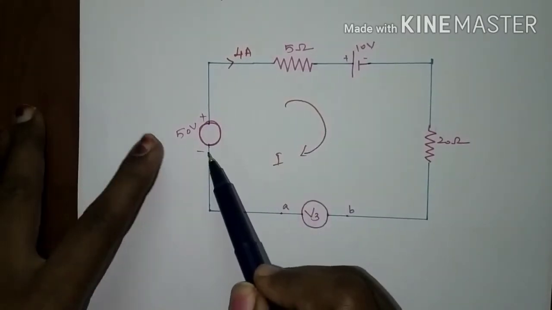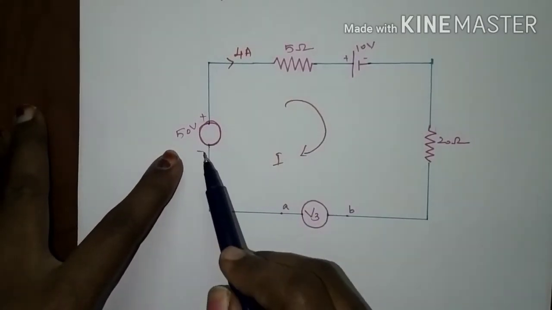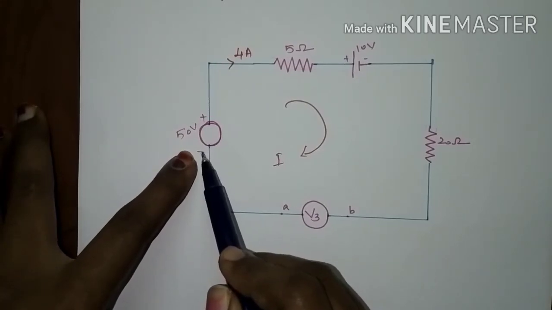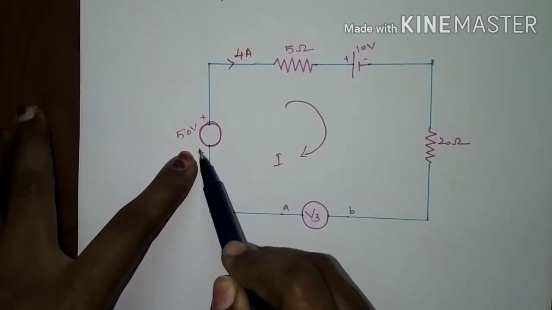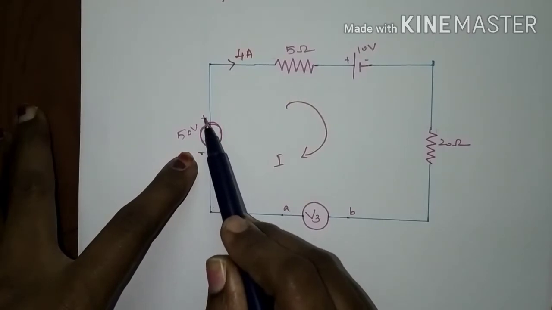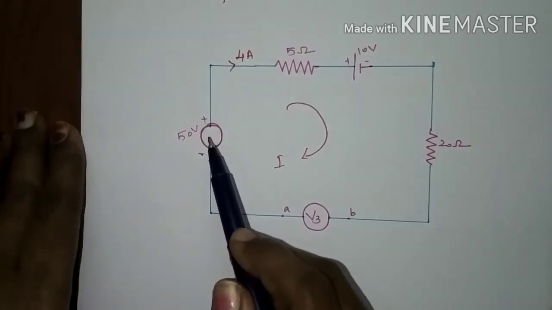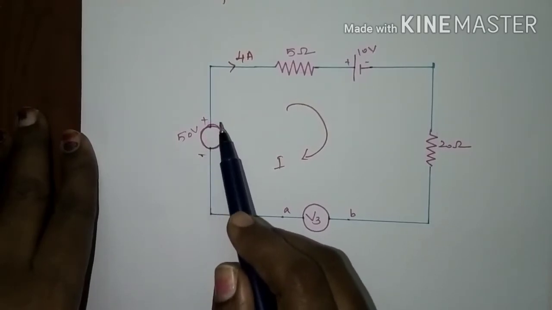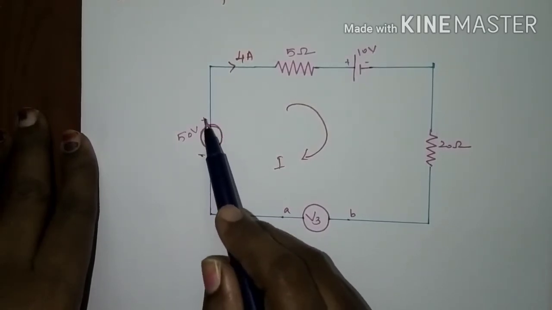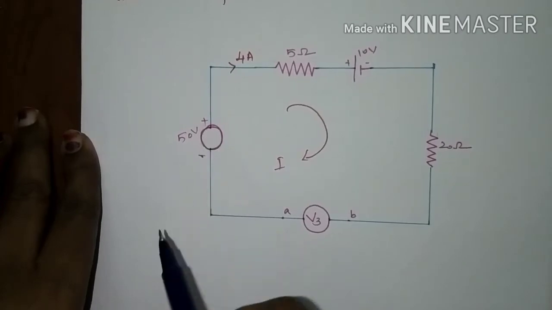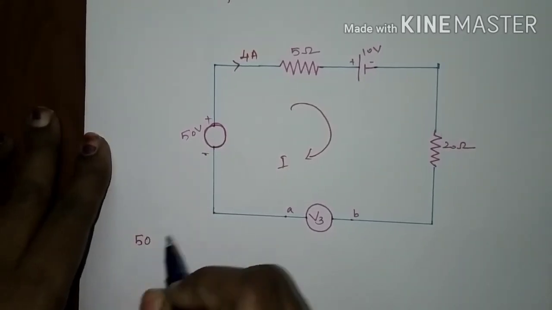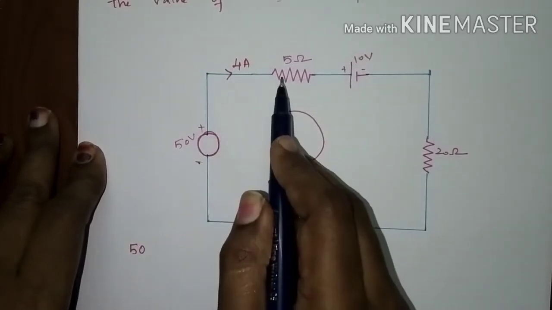When the current is flowing in clockwise direction, we can start from here. The current moves from minus to positive, and the potential has been traced. I have already told in the KVL video that we represent potential rise as positive and potential drop as negative. So 50 volt is a potential rise and it is an energy source. Write that as positive 50, and the current is entering the resistance.